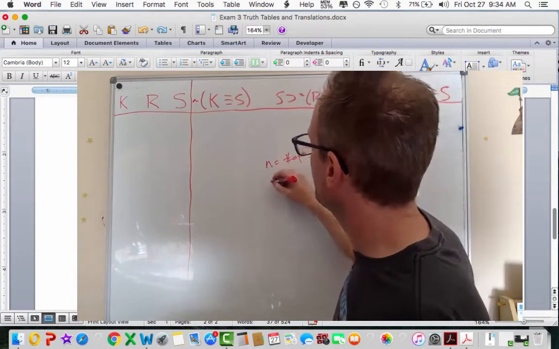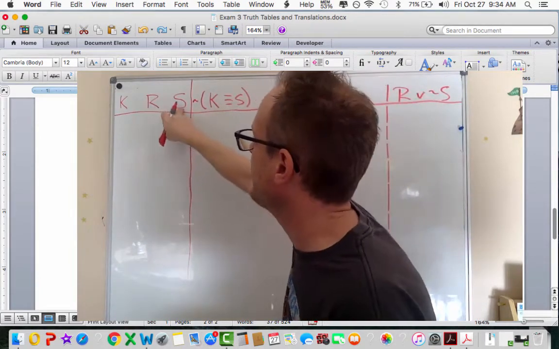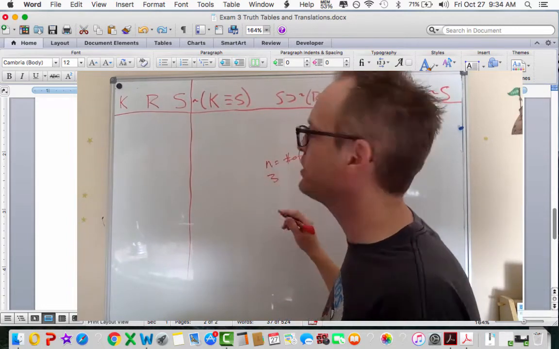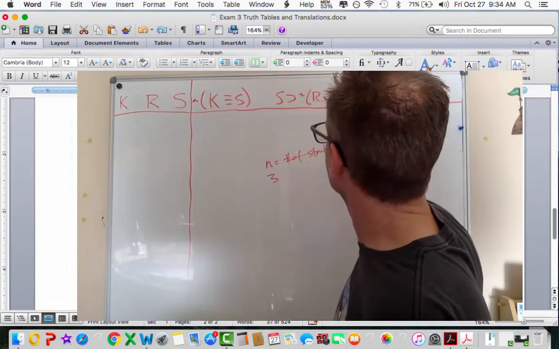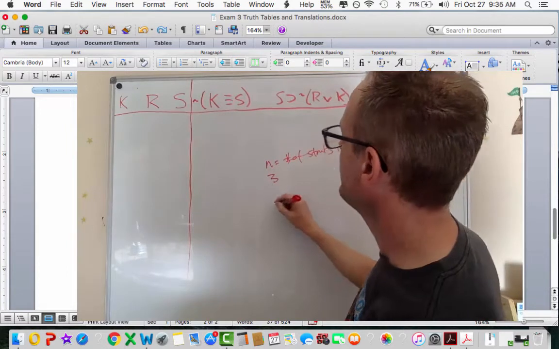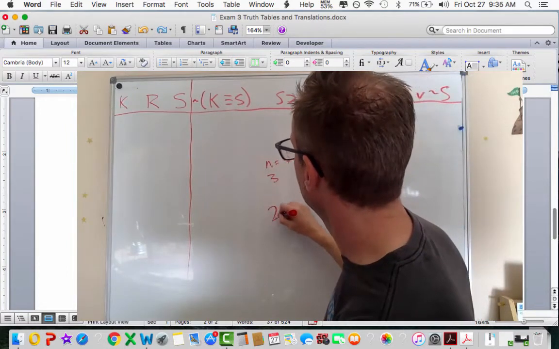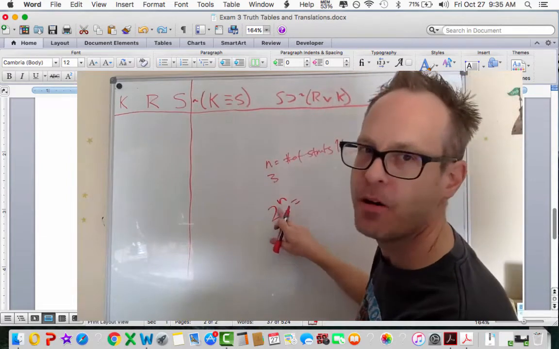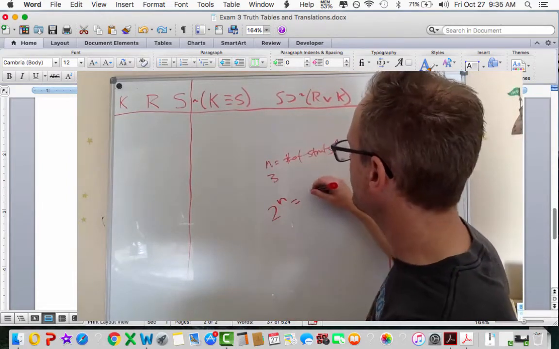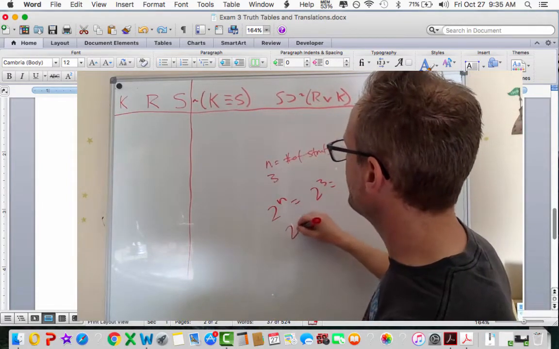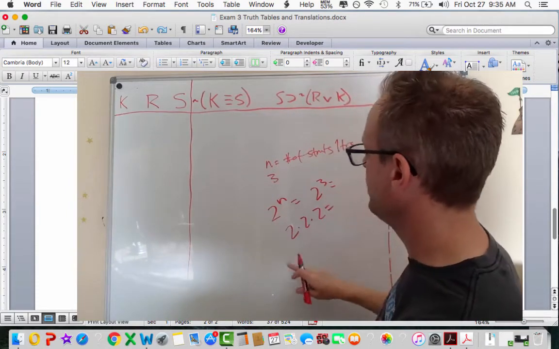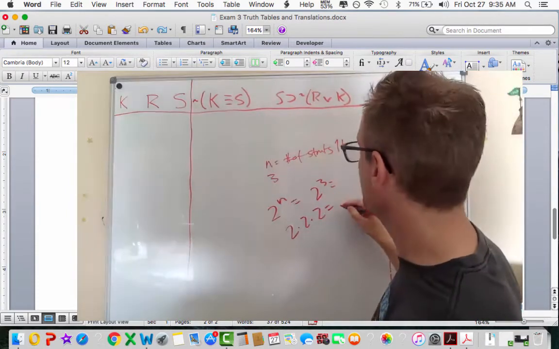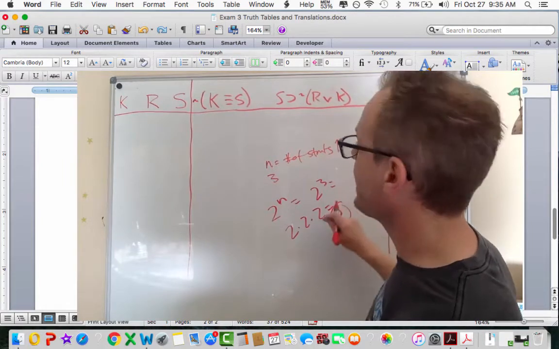In this case, we have 3 statement letters. And so I'm going to take N and put it as the power of 2. So 2 to the N is going to be 2 to the third, which is equal to 2 times 2 times 2, which is 2 times 2 is 4 times 2 is equal to 8. So we're going to have 8